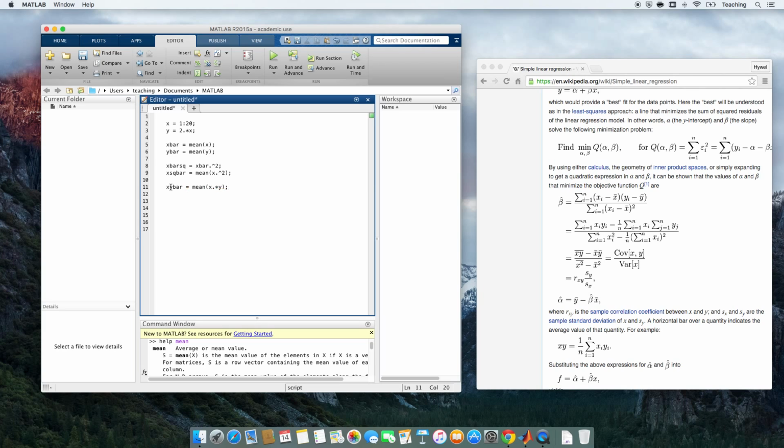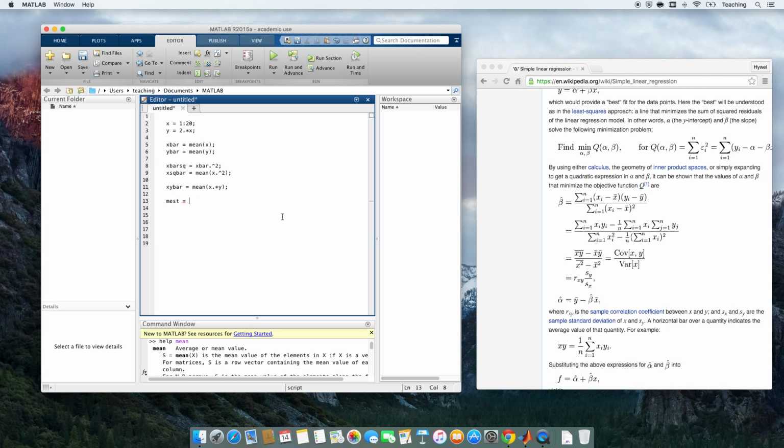Now, obviously there are linear regression formulae built into MATLAB, but I'm just showing how we can do this using the formulae directly. So let's calculate what the estimated value of the gradient is. I'm going to use mest for m, the gradient, instead of beta, and I simply have to type in the formula now, which is